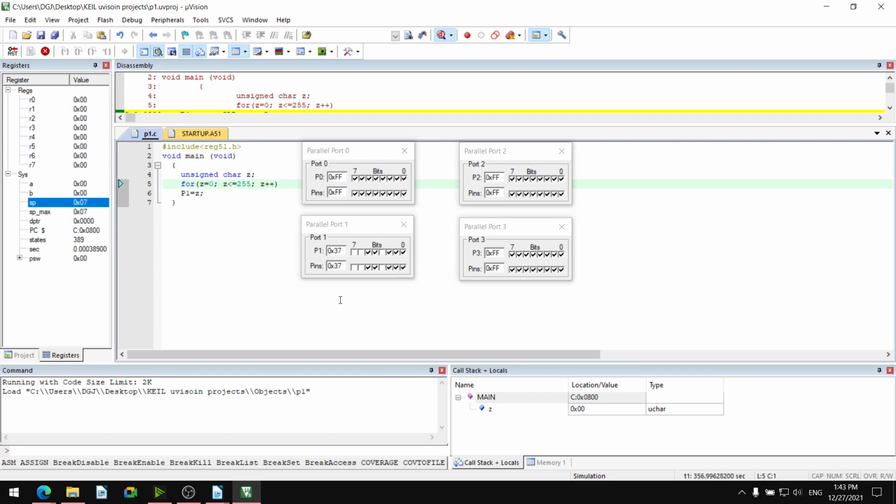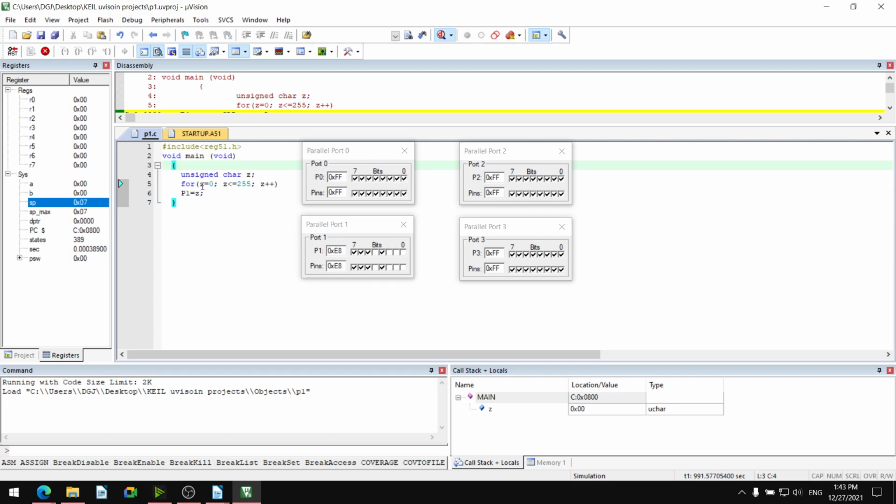Include reg51.h, void main void, then there is a curly bracket of void main void, opening curly bracket, closing curly bracket, then there is unsigned char z.